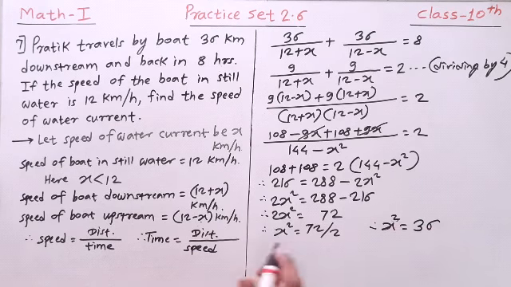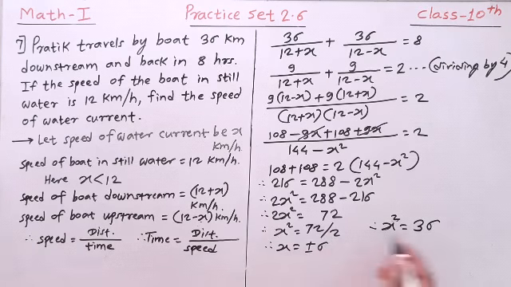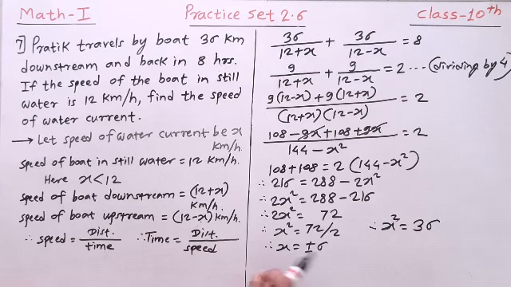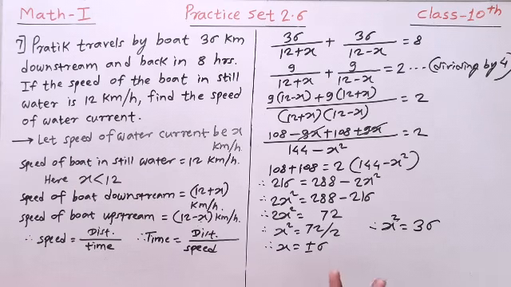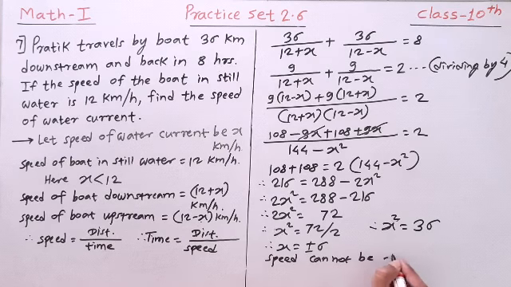Now if we take square root on both sides, we get x is equal to plus or minus 6. Square root of 36 is 6, but when we take square root on both sides, we have to put here plus or minus sign. So x equals to plus 6 or x is equal to minus 6. But what is x? It is the speed of water current, and you know that speed cannot be negative. Therefore, x is equal to negative 6 is unacceptable. Therefore, acceptable value is x is equal to 6.